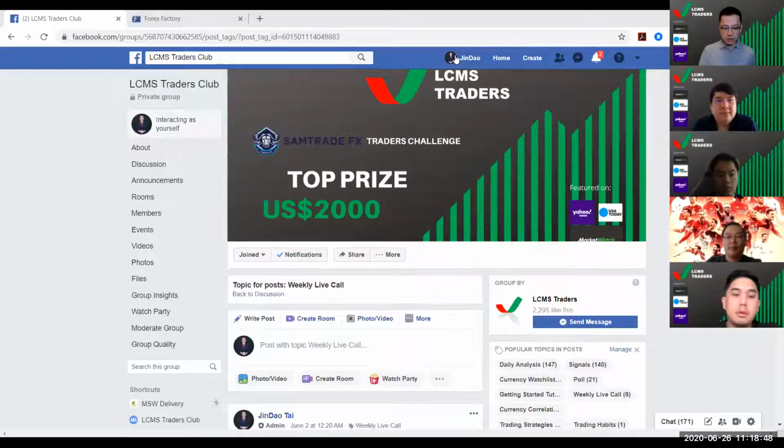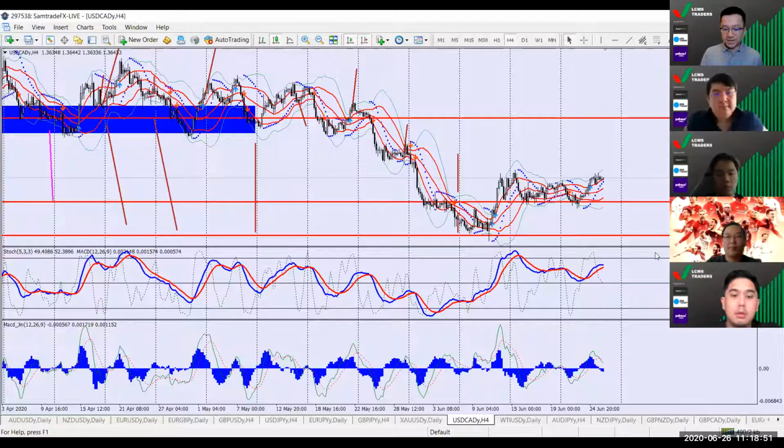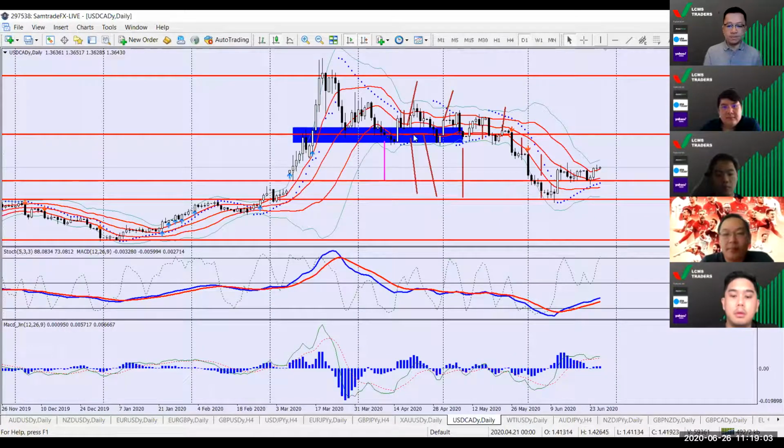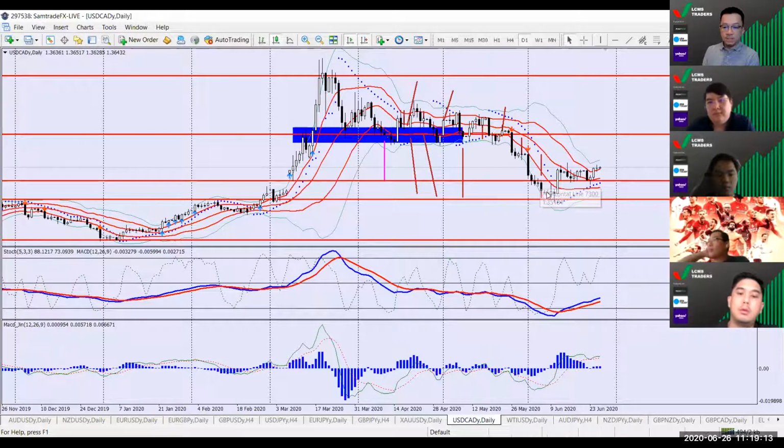So let's jump straight into the charts. Canadian US CAD, looking at it first on the daily time frame. It's been a while, so getting a quick update. Let me just hide this. Zoom it in a little bit. We can see that, ignoring those lines there, it's set at the 1.399955 level, broke lower, and it has now seemed to bounce off, seems to be doing quite well at the 1.3643 level.